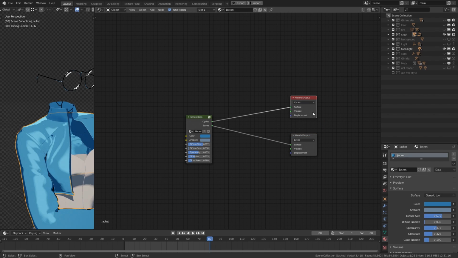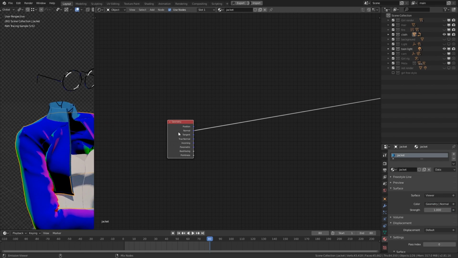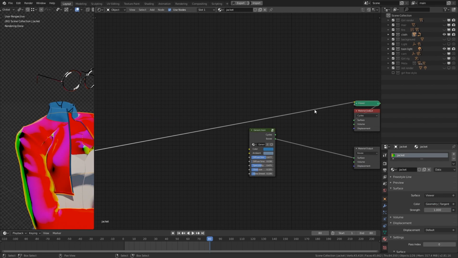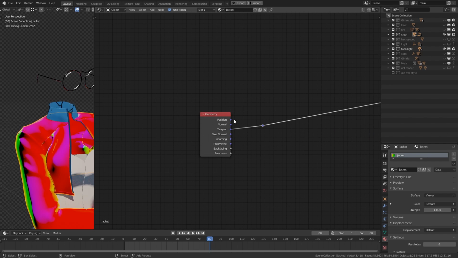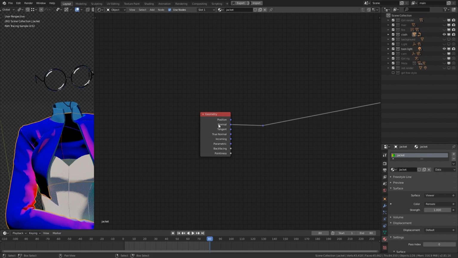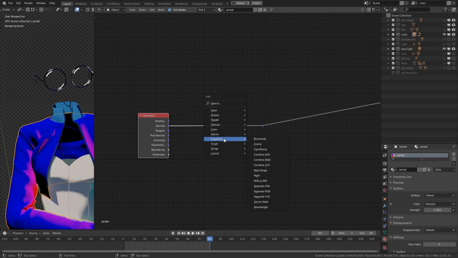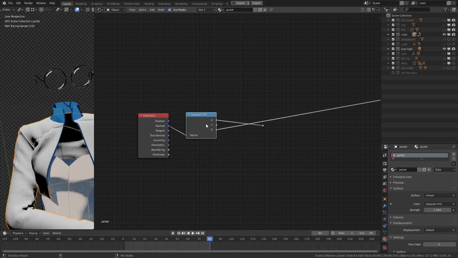Connect this one. Make sure to select the cycles material output, otherwise the control shift click will send the connection to the other one. Okay, so we can use the Z dimension of the normal to select the faces that point upward,